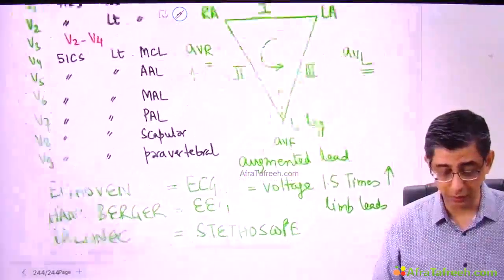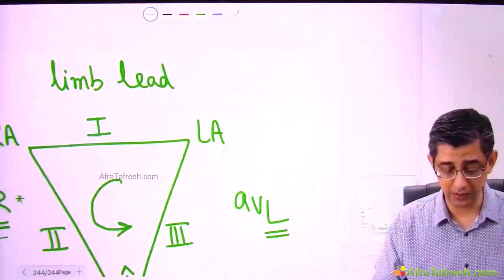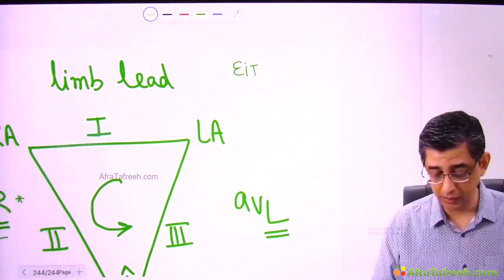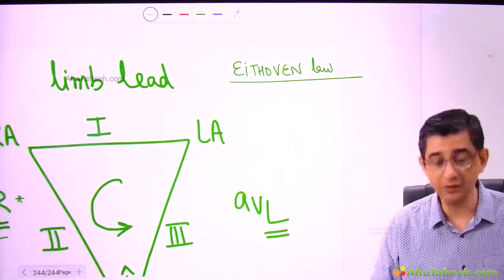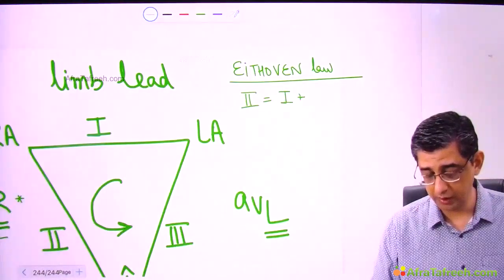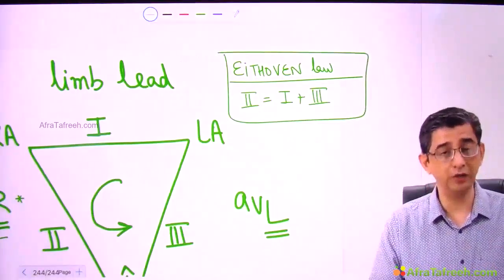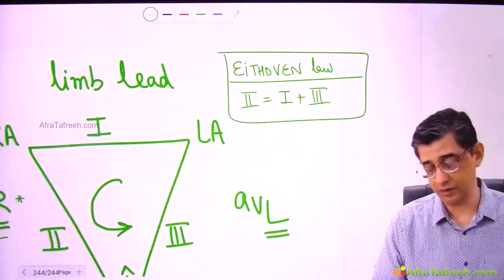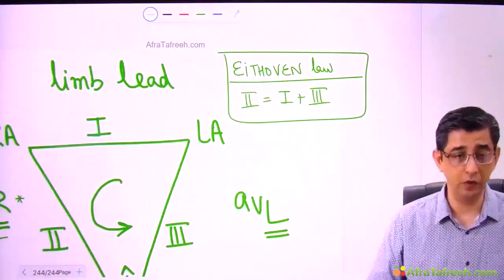So in honor of Einthoven, this is the Einthoven triangle, and they also have what they teach in physiology as Einthoven's law. Though I think everybody knows about Einthoven's law, I request you to remember the number 213. The voltage in lead number 2 will be a sum of the voltage in lead number 1 and lead number 3. Remember this statement of mine, 213, for Einthoven's law. The sum of voltage of 1 and 3 is equal to the voltage in lead number 2. That is Einthoven's law per se.